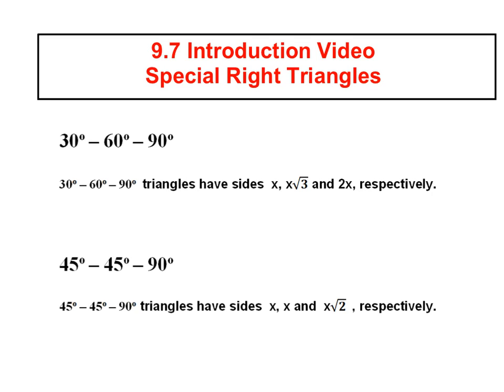In lesson 9.7, we are going to talk about two special right triangles. We have a 30, 60, 90 triangle and a 45, 45, 90 triangle. These triangles are common,